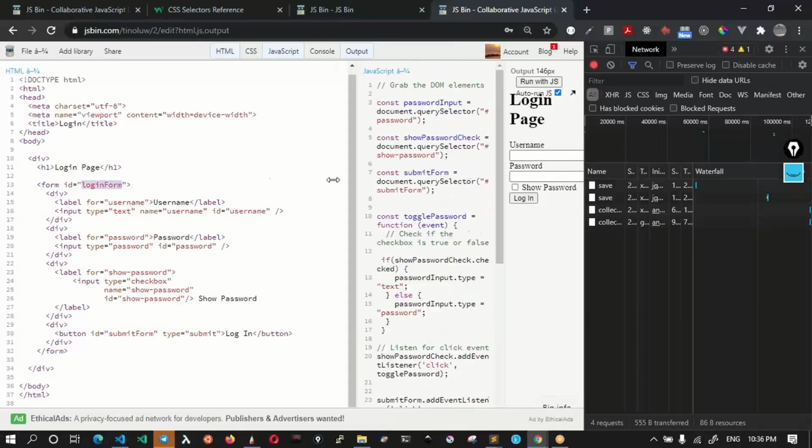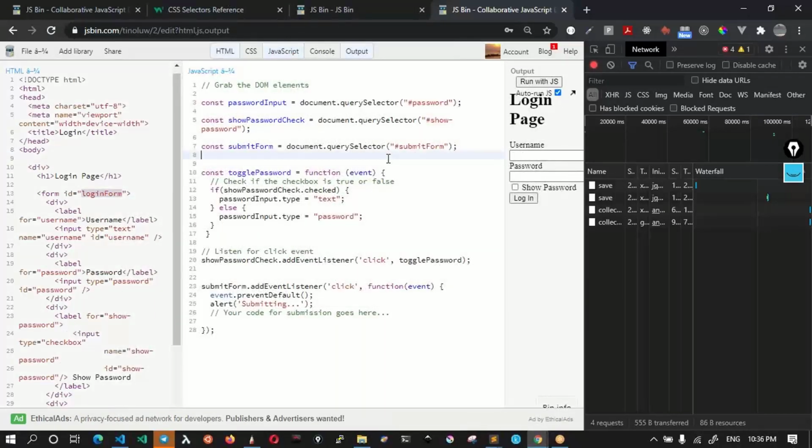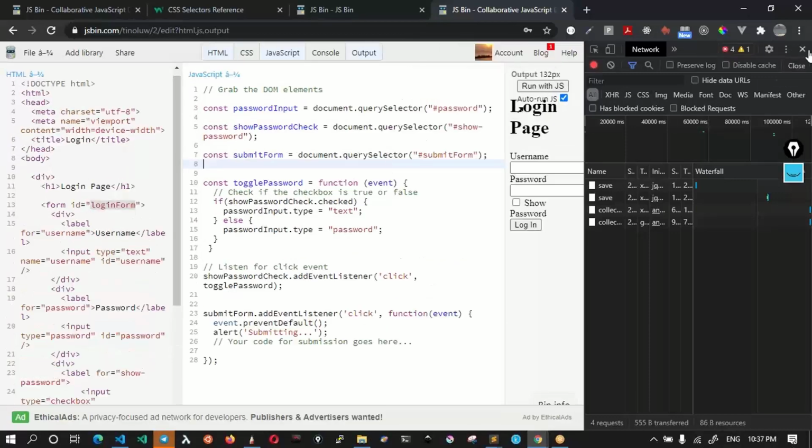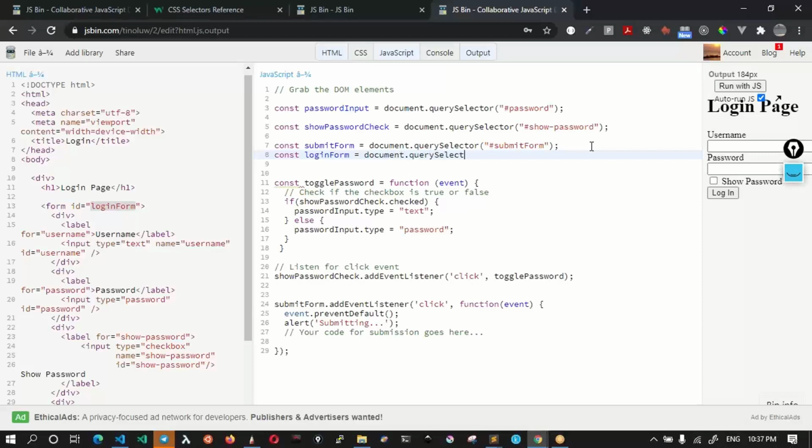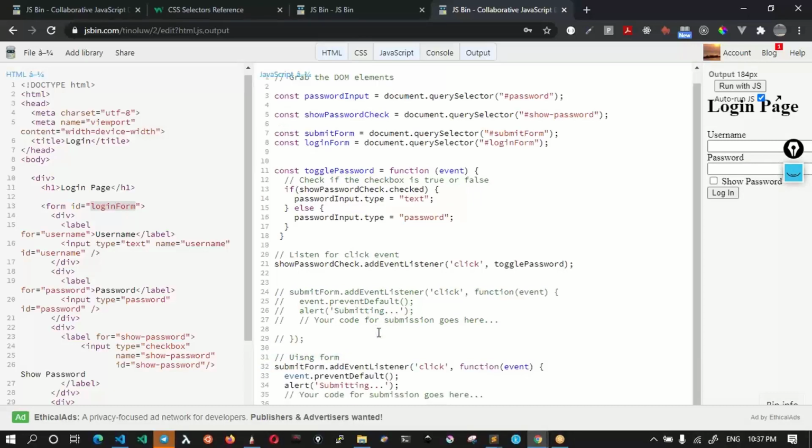Now, once I create a reference to that login form, I'll come back to my JavaScript in here and get a handle to that form by using a variable: document.querySelector login form. Then what I can do is use this login form and track the submit event, right? So I'll just comment this code here and keep this code for your reference, and write new code here. I'll just paste the code as it is.